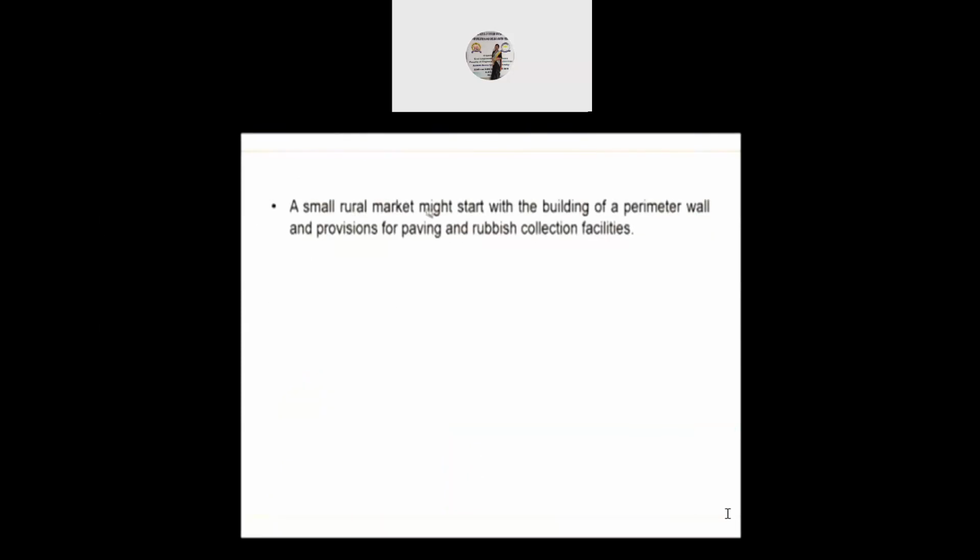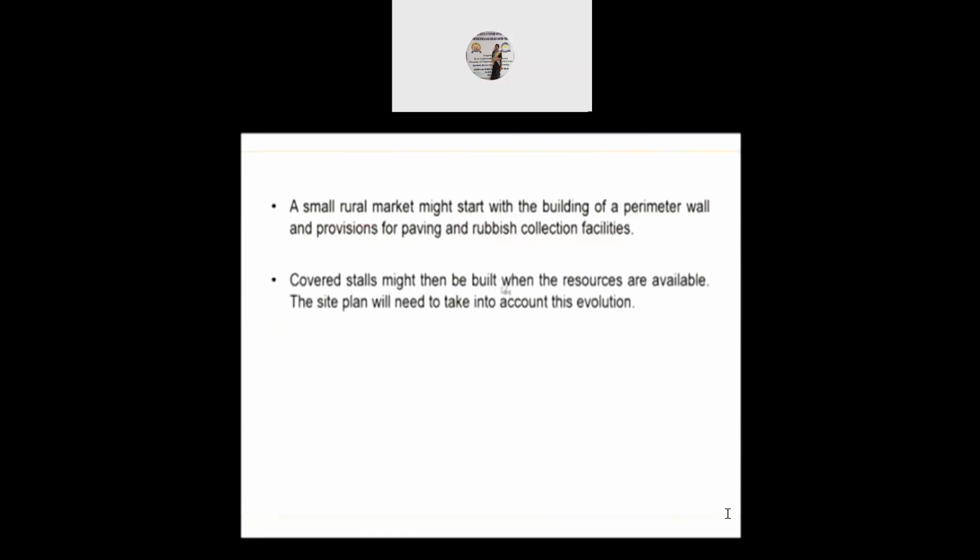A small rural market might start with a building or a perimeter wall and provision of paving and rubbish collection facility. Covered stalls might be built when the resources are available. The site plan will need to take into account this evolution. So when you're making a site plan, you must be sensitive that it is prone to development. So the space that is being provided for one shop will eventually increase, and it might occupy the next shop as well and become one huge shop. So as designers, we must ensure it is all in modules. So when 1x is getting developed as 2x,